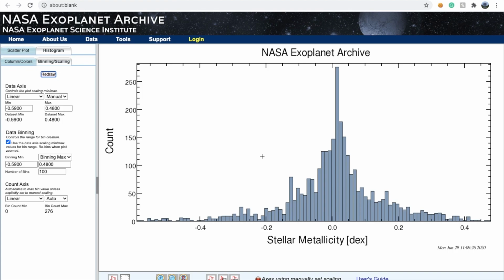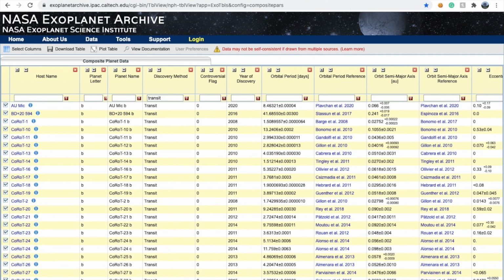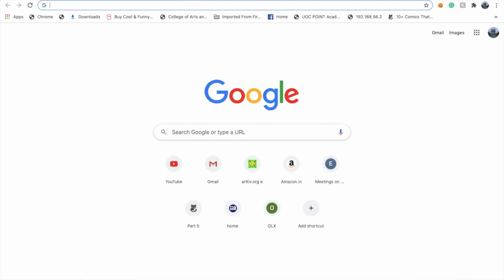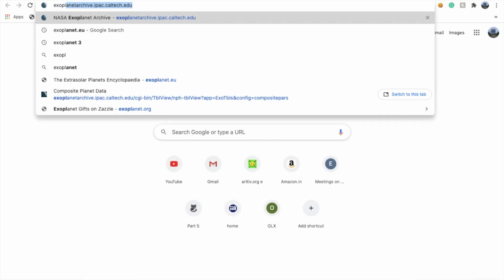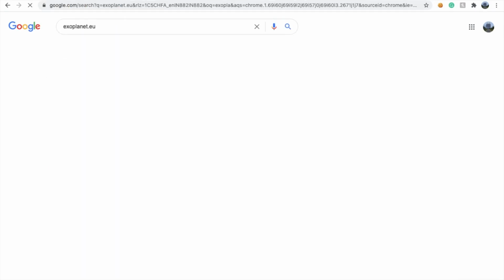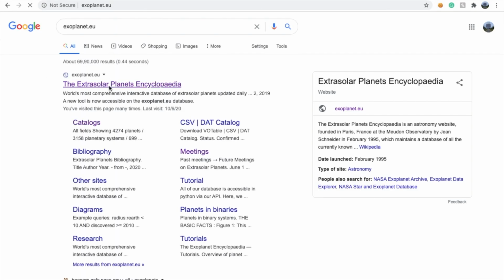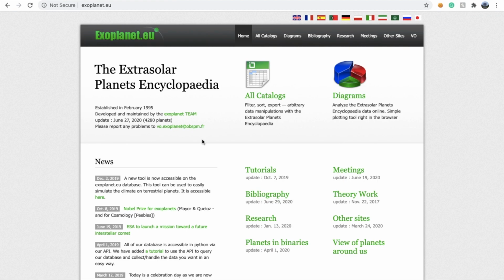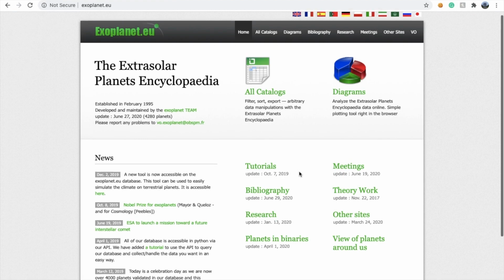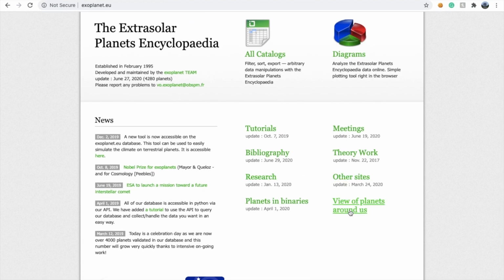So that's the case. This is one of the interesting tools that is available for you to work on. Another important search engine which I thought of sharing with you all is exoplanet.eu. This is also a very interesting search engine for looking out for exoplanets. Here you can look into the views of the planets around us.